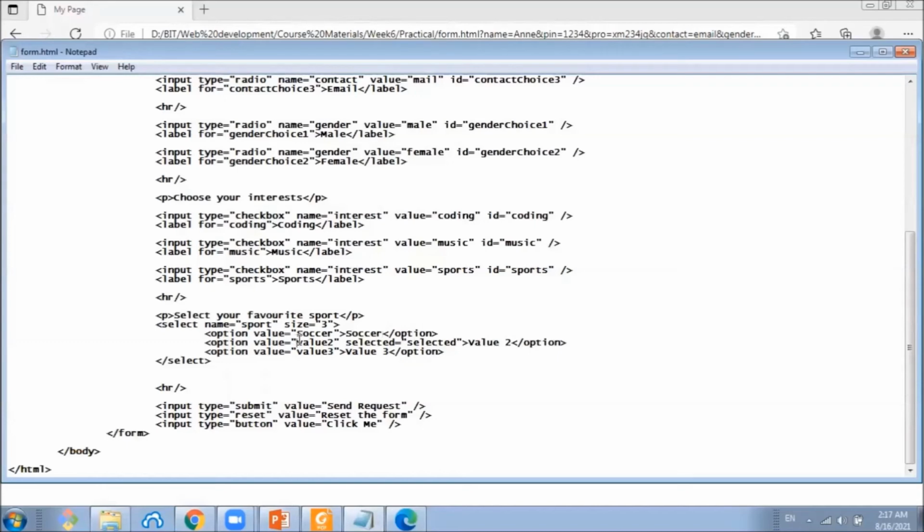The second option we put as cricket, and we will remove the selected attribute. The value is cricket. The third one we specify as basketball.